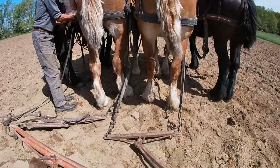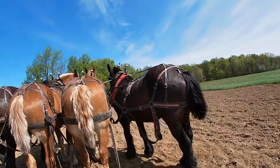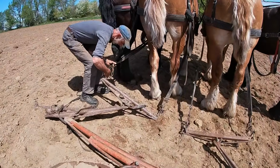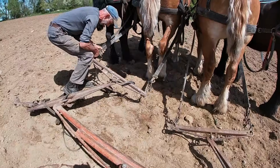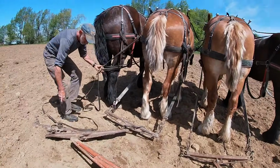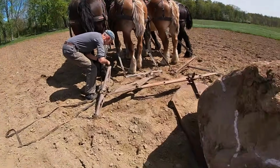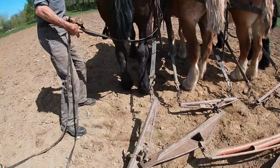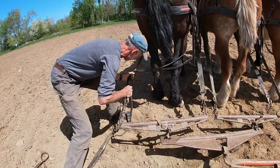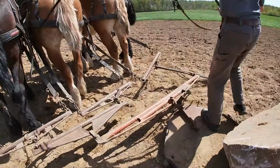So we get them hitched up eventually here. I'd have to say this is probably one of the most challenging things I've done in my career working with horses. If you've never been in a situation like this, you don't quite understand it, but I know a lot of guys have been in situations like this, and it's very stressful. It's a very difficult situation to be in, and you have to really keep your cool and stay calm, because the horses can sense your feelings, and if you are all nervous, they're going to be all the more nervous. So it's very important to just stay very calm and to be able to get them hitched